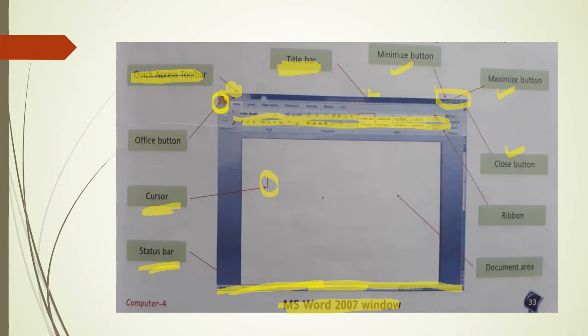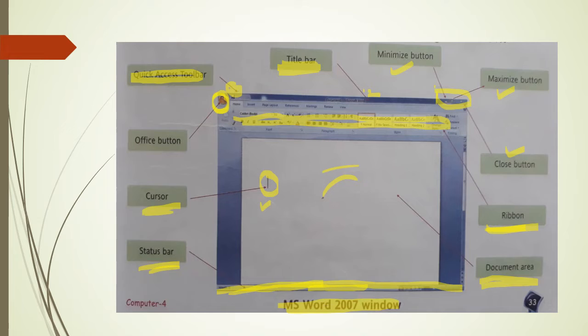This is called the ribbon. And the area where you type anything is called the document area. This whole blank area where you type the text is known as the document area. The cursor is placed in the document area.